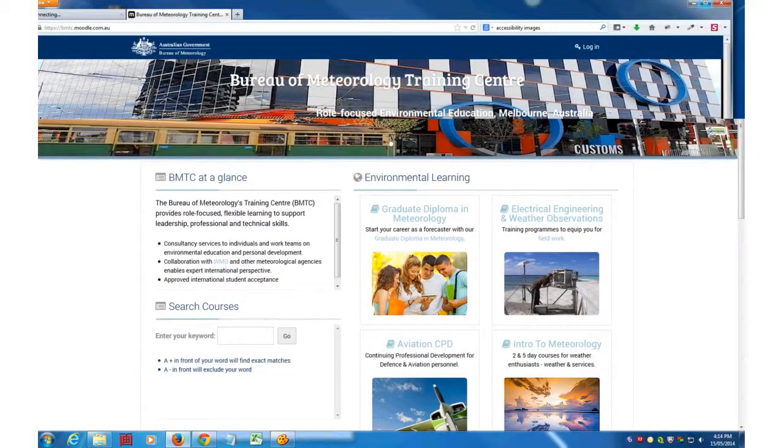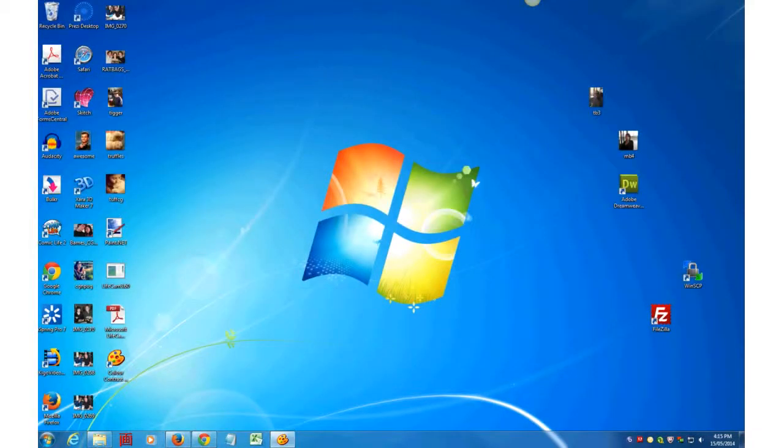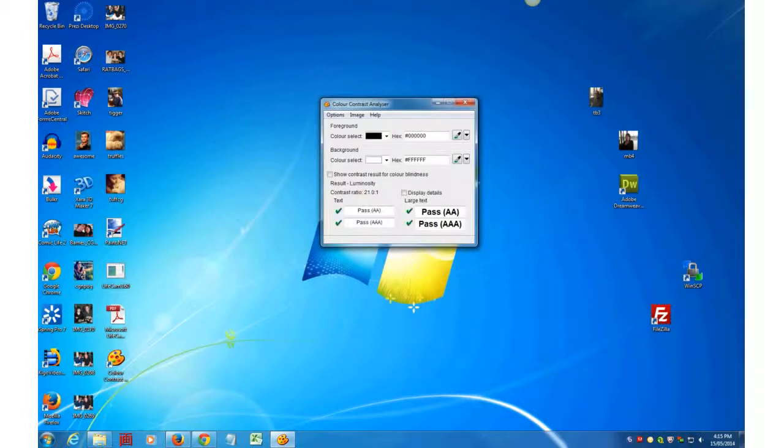Okay, what I'm going to do is show you how the color contrast analyzer works. For example, you just use the top tool and you say my foreground color is this blue, my background color, so I'm going to put some text on something, is this yellow. It will tell you what the contrast is. Now that's what you've got to have. You've got to have a clear contrast between your text and your background. So for this, if it was in large text, it would pass at a double A, but it would fail at a triple A.